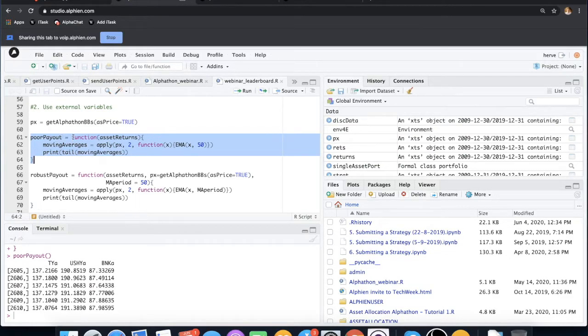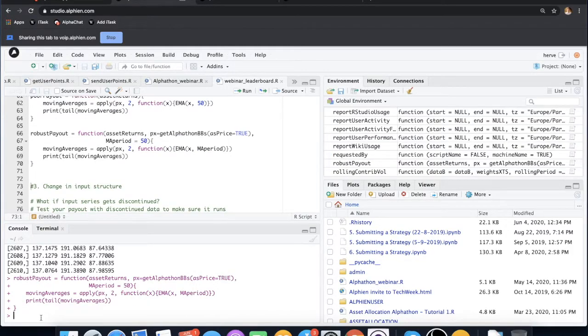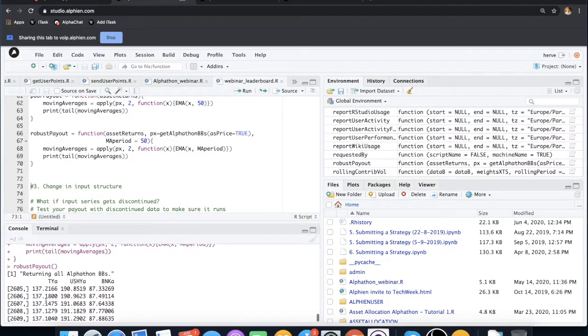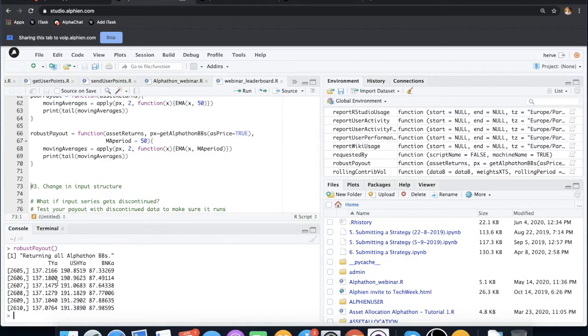So rather than doing this, you can refactor very easily. It's a matter of just putting things at the right place, basically. You can put exactly the same line, this line 59. You can pass it on here as a parameter. And then also you can change this hard-coded value here with a non-hard-coded value, which becomes a parameter of your payout. Now you have something way more robust. You can run the robust payout and see that it is exactly the same results as it used to be.